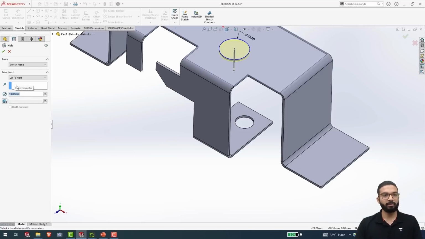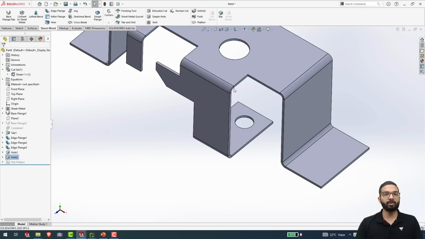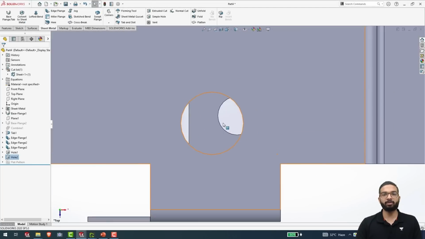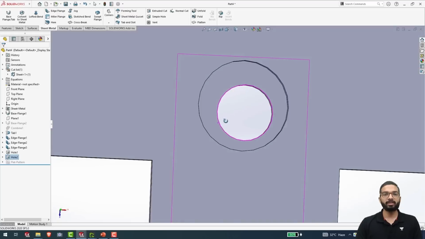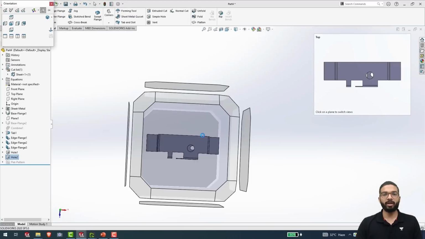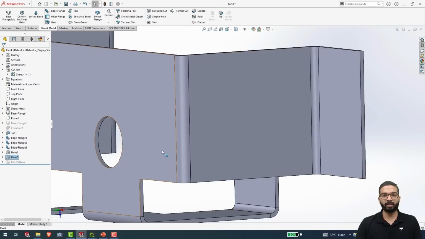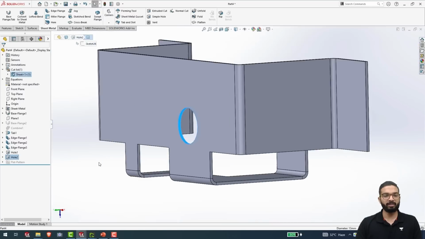I will enter 13 and press the Enter key, click on OK, and you can see here that a hole has been created. But if I press spacebar and take a look at our holes from the top, you can see here that the holes are not coaxial. You can clearly see over here, but if you want to verify, I will select this surface over here,